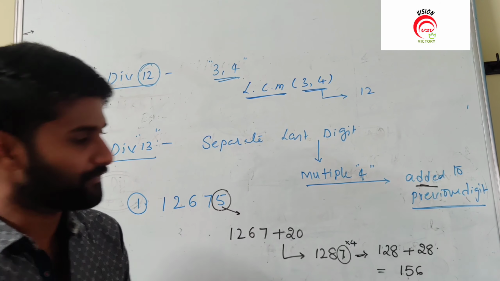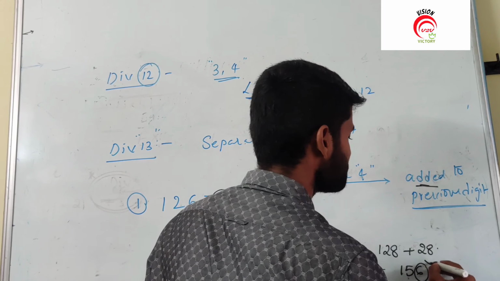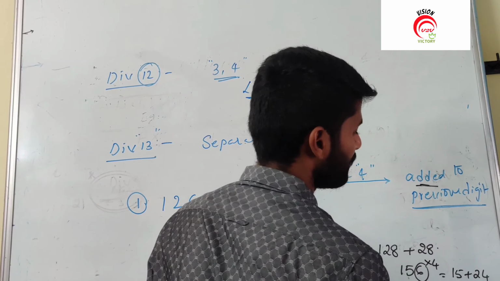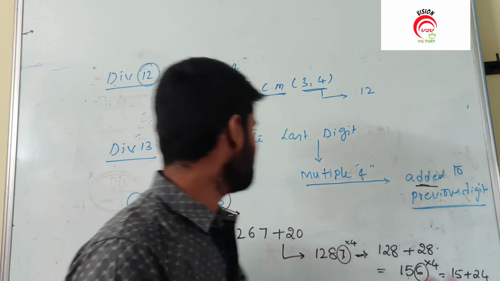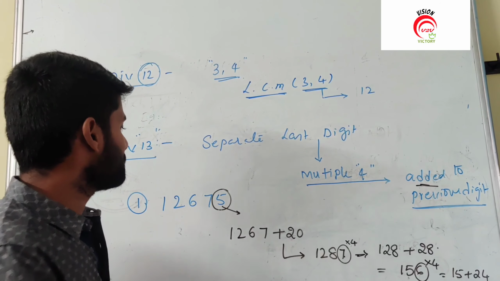Okay, if you get 156, again focus on the last digit, that is 6. If 6 is multiplied with 4, 6 fours are 24, so 15 plus 24. We get the resultant equal to 39. 39 is definitely divisible by 13. If 39 is divisible by 13, it means